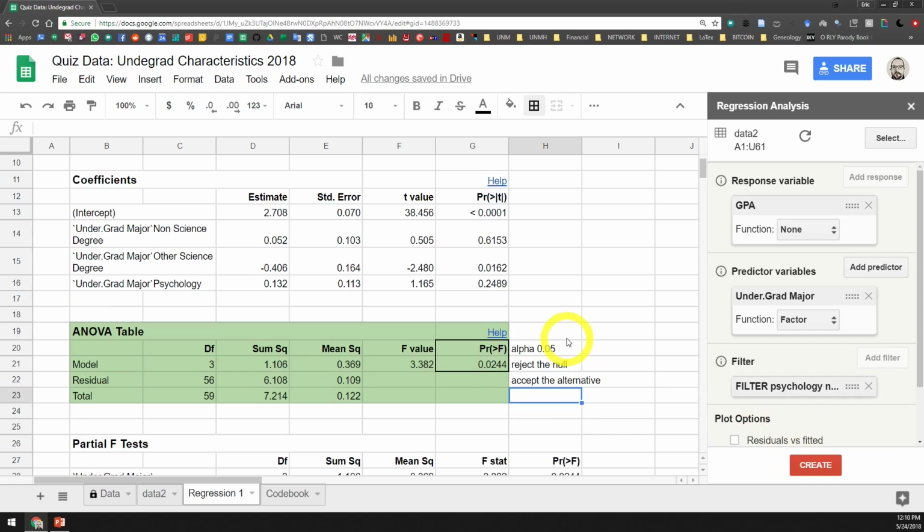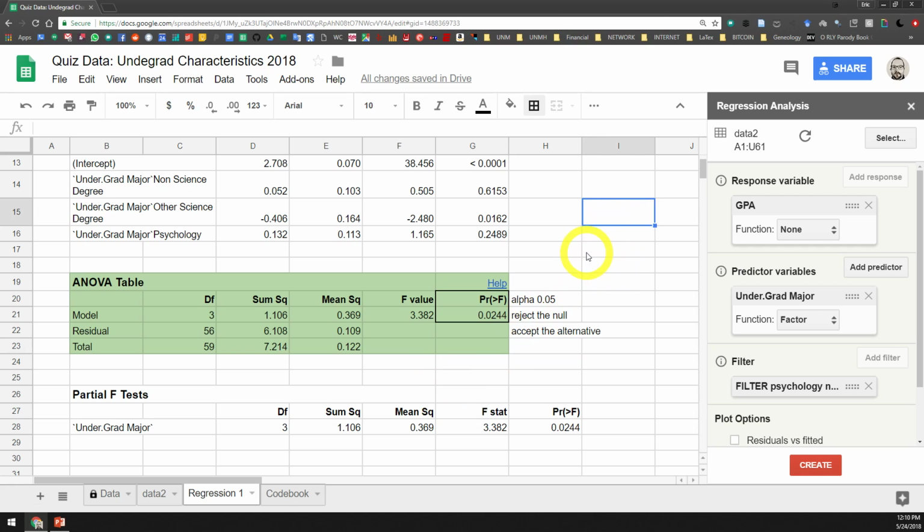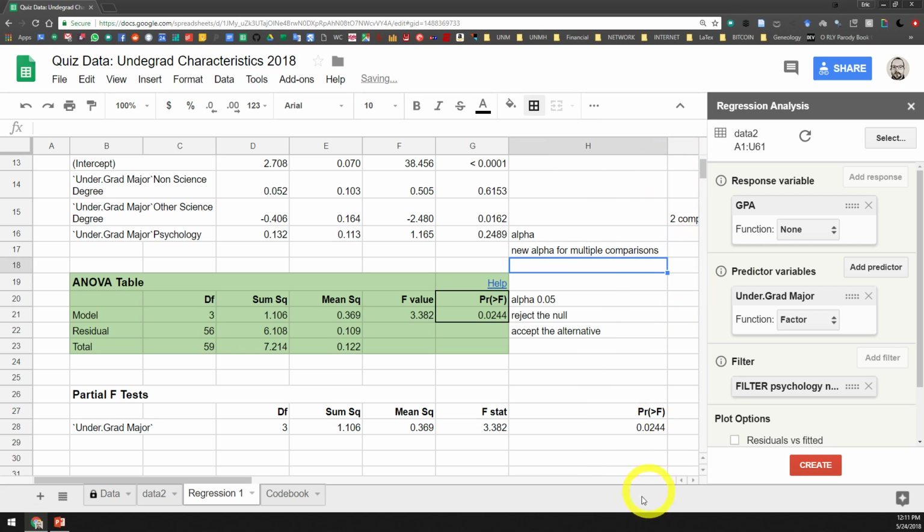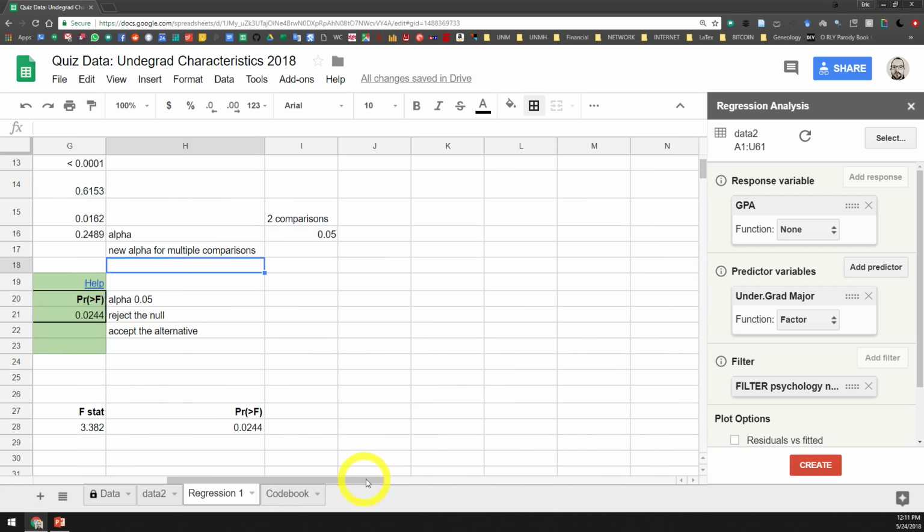So we're going to be doing two comparisons, and I'm just going to use this space here. Our previous alpha was 0.05. That was our previous alpha to start with. That's what we used for this significant sort of F test or ANOVA test. So our new alpha for multiple comparisons, let's just give us a little more space here, and we'll move this over. Okay, our new alpha for multiple comparisons is basically,